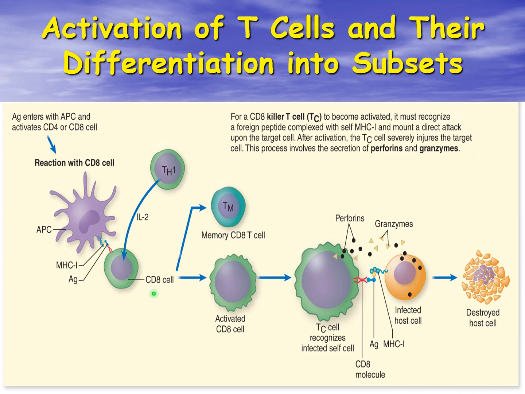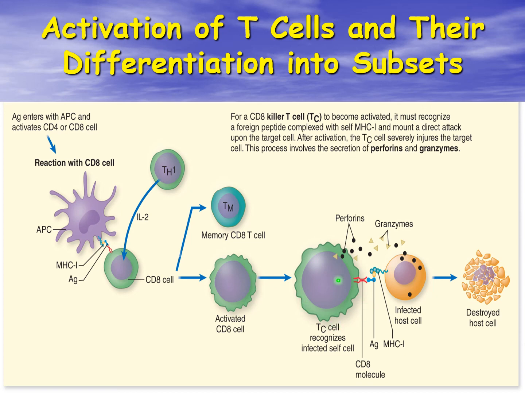Also, through a number of different cytokines, we can actually stimulate CD8 cells. But primarily, the CD8 or cytotoxic T lymphocyte will be activated when an antigen is presented from an APC on the MHC1 major histocompatibility antigen. This then will activate the CD8 receptor that will then activate the CD8 cells to become activated to the antigen. Some will actually undergo clonal expansion to become memory cells, and some will actually be activated into active